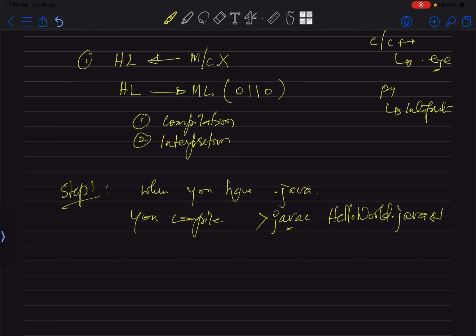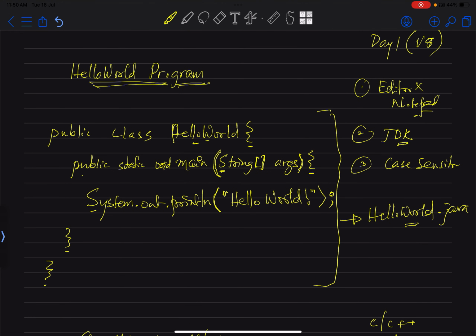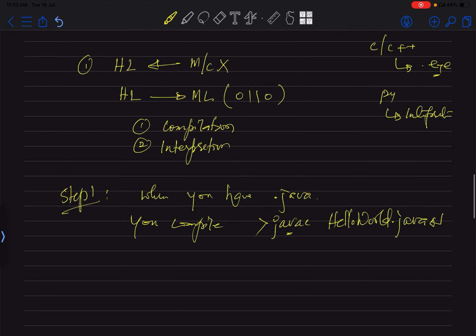If there are any errors, for example, I have not given the semicolon at the end of a statement, or I have used some uppercase letters, something like this, then you will get errors listed here. If your source code contains errors, it will be listed here. If the source code doesn't contain errors, if it is clean, meaning there are no compilation errors during compilation,